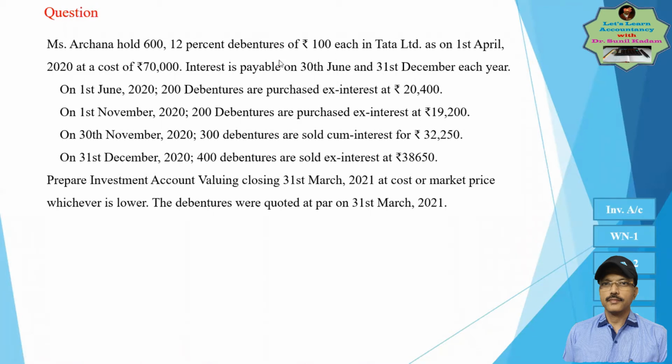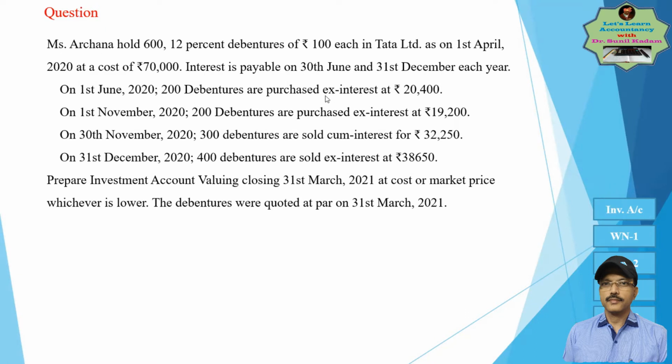Let's move on. Interest is payable on 30th June and 31st December. But the next date is 1st June, not 30th June, 1st June. On 1st June, 200 debentures were purchased, ex interest at 20,400. 20,400 purchase. So we need to